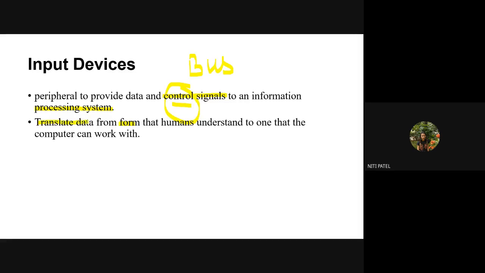Human gives the command in a human language, that is 2 and 3. The system will accept this human language, which is 2 and 3, and convert it into a machine language, in the form of zeros and ones. It will process that data in the form of zeros and ones. And again, after processing it, it will convert it back into the human language and display the output 5 on the screen to the user. So there is a conversion from human to machine, again from machine back to the human, and that is what is called as translate of the data into two forms, a human form and a machine form.